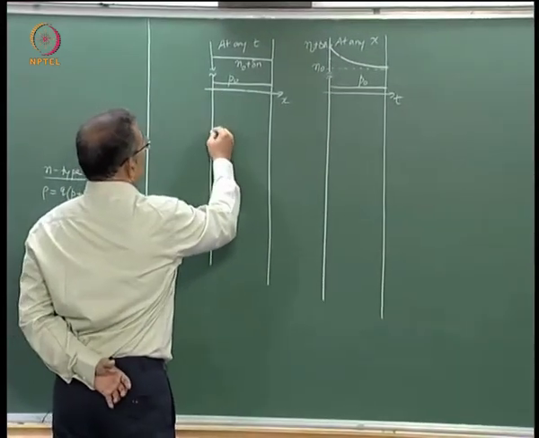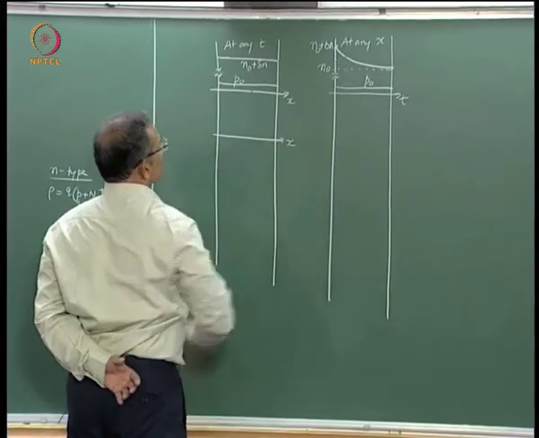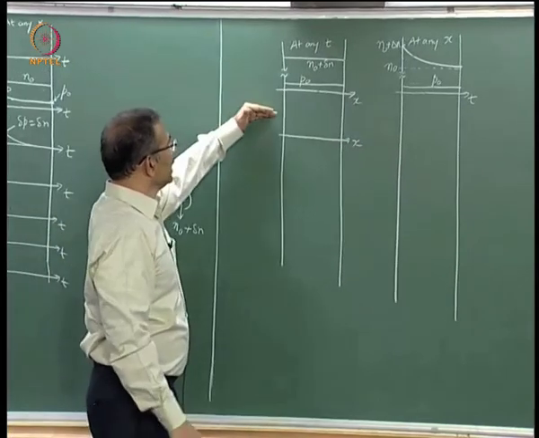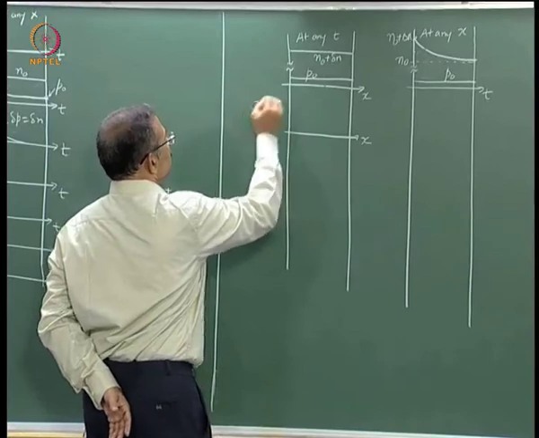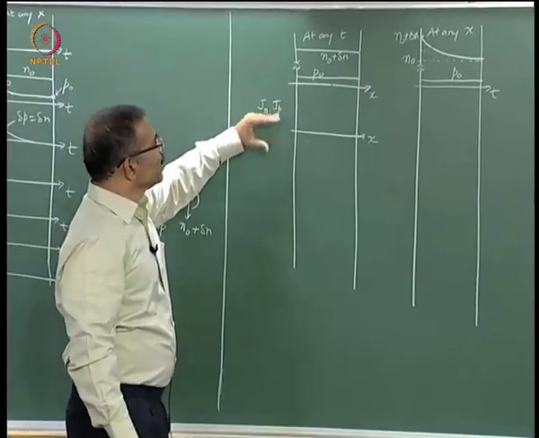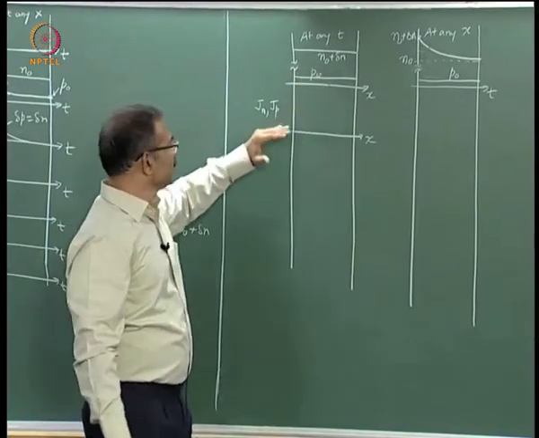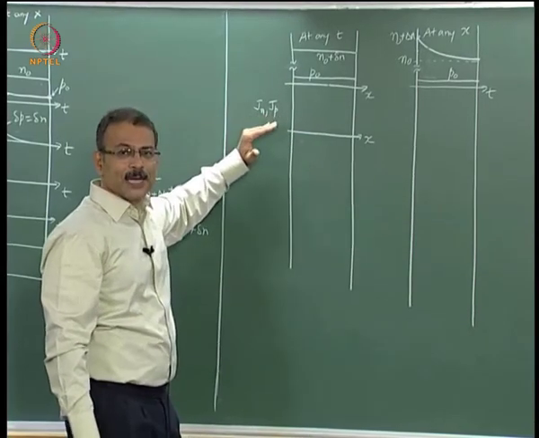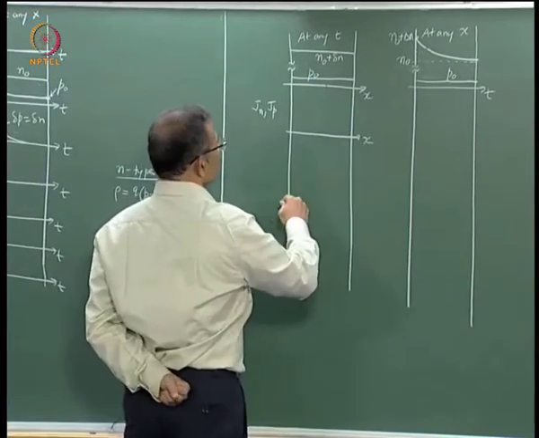Now Jn and Jp as a function of x. Again, if you want to know Jn and Jp, I should know the electric field. The carrier concentration is uniform throughout the volume, therefore there is no diffusion current. So there is drift current because there is an electric field. But what is the variation of the electric field? Unless we know that, we cannot plot this. So let us move to the electric field.